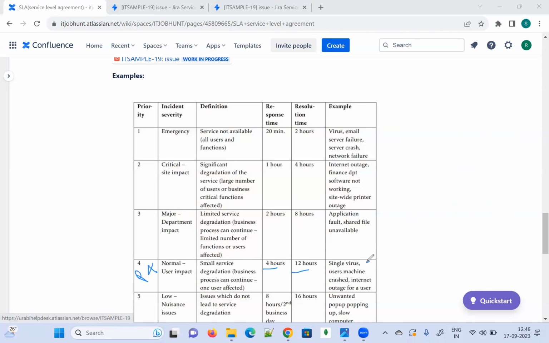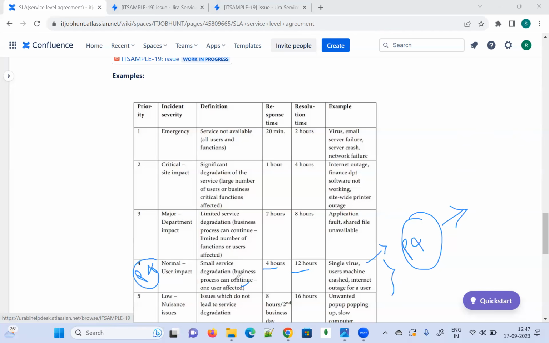For example, a single virus impacting your system, a user machine crash, or an internet outage for a user. Only one user is impacted. That is the reason it comes under P4. All the users are not impacted. Small service degradation, business process can continue, one user affected. That is the reason for P4.